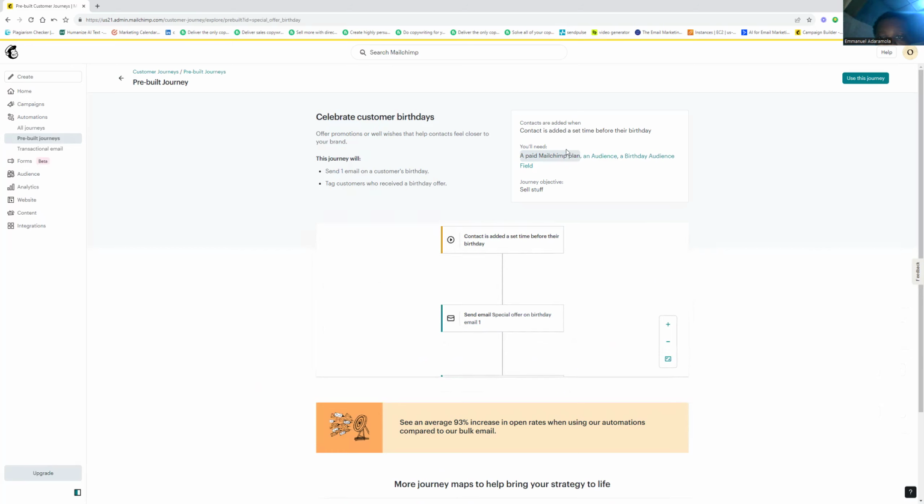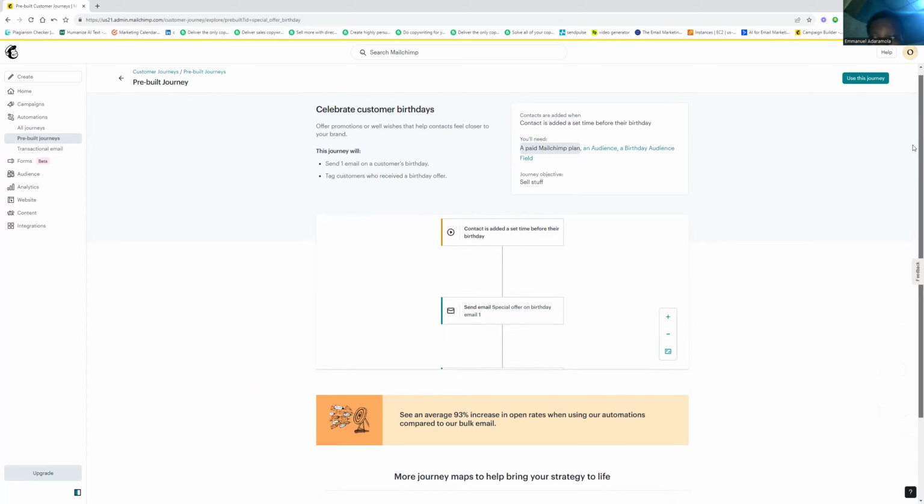Now if you see this page, they said you will need a paid Mailchimp plan. This is not for free. You will need an audience, meaning that you would have collected your audience data. So you see they said a birthday audience field, meaning that you would have collected your birthdays and all. Now let's go to